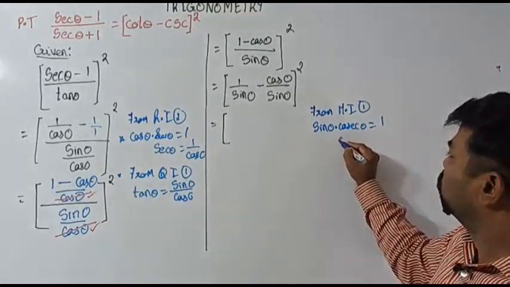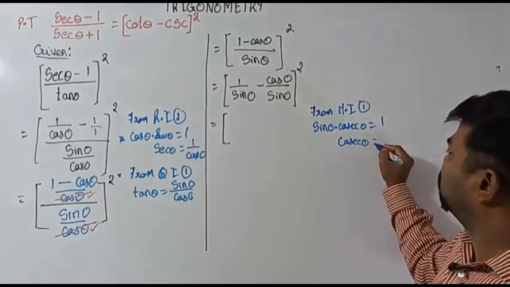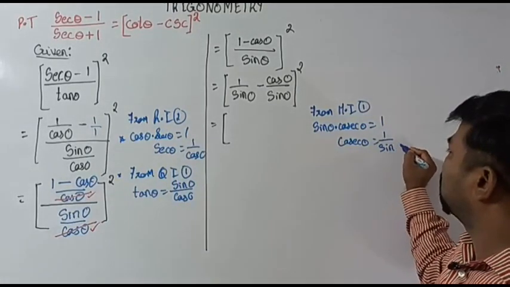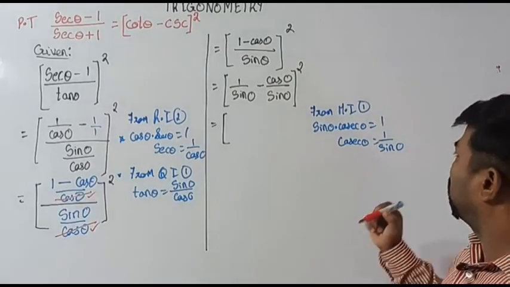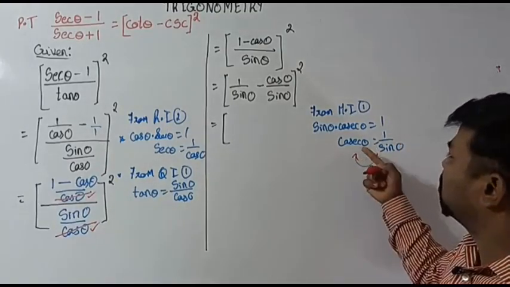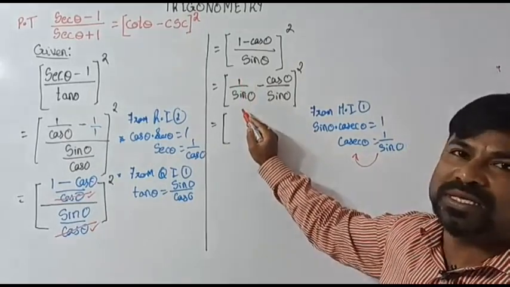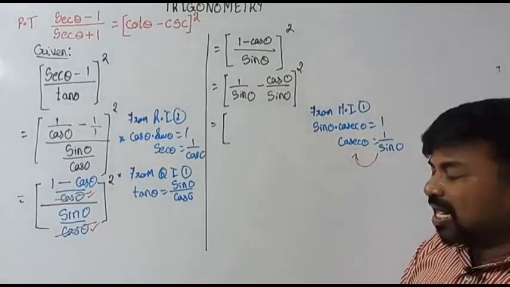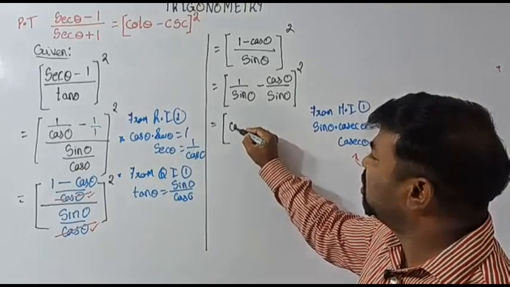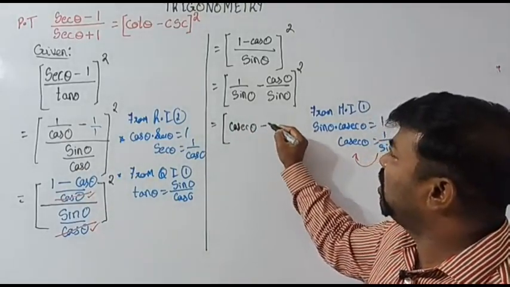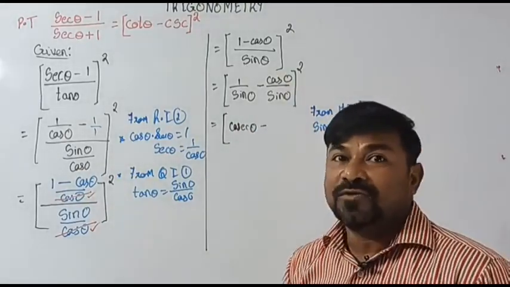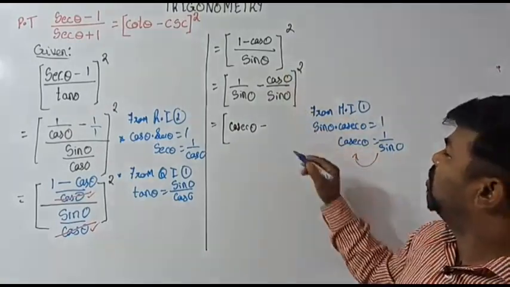Now cosecant theta is equal to 1 by sin theta. Wherever we come across 1 by sin theta, in the place of that we can write cosecant theta. So what's my plan? Let's write it as cosecant theta, that's fine, minus,